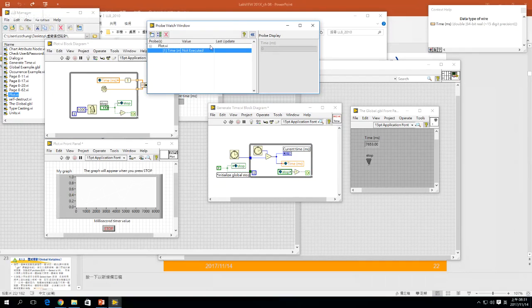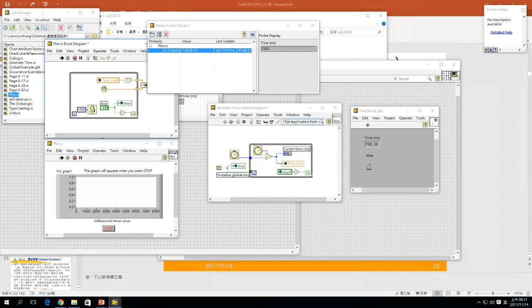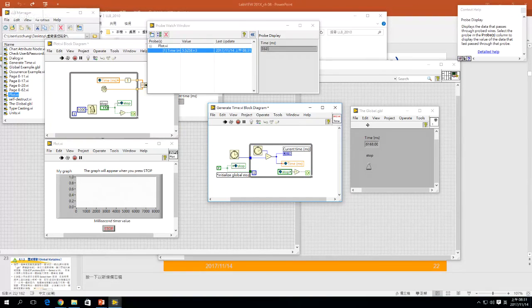Let me check. This value will change with the time. So in the beginning, okay, there's no value because this VI does not start yet. So this change. Okay, so yes, this has the value change for the wire. 在这个 wire 里面，其实资料真的有在变动啊。